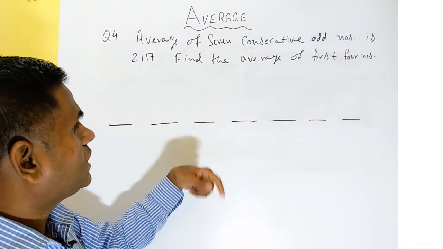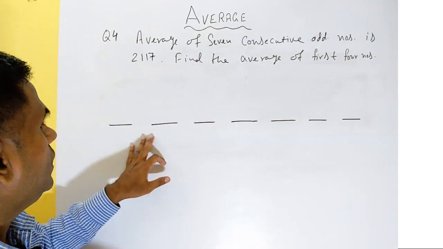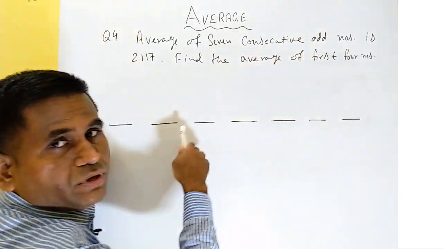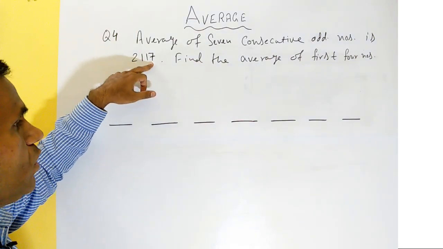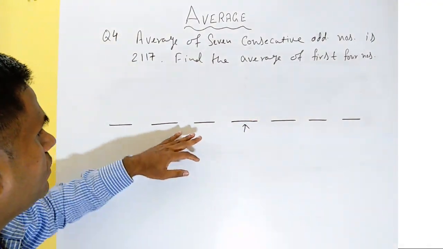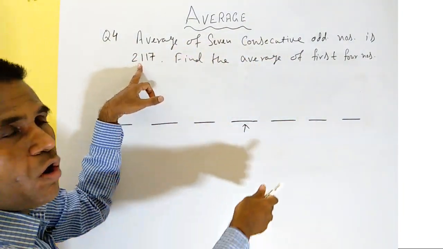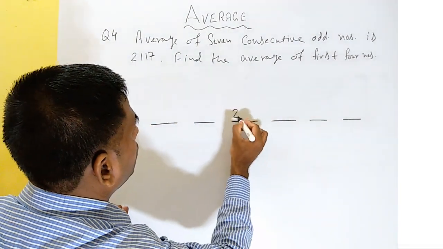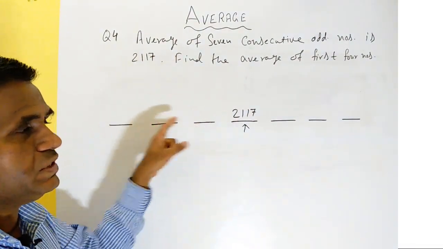So first let us find out these numbers using the trick. Okay, so here you can see these are the 7 numbers. Now what type of numbers are these? These are odd numbers. And what is the average given? The average is also odd, 2117. This is odd, right? And which is the middle number here? So we can very clearly see this is the middle number. 3 here, 3 there. This is the middle. So since the average is odd and these numbers are also odd, and we have the middle number, we can directly write 2117. This average itself is a member of these numbers.